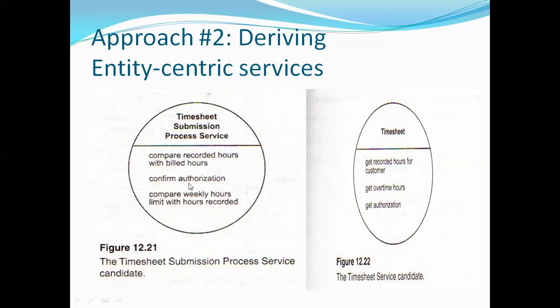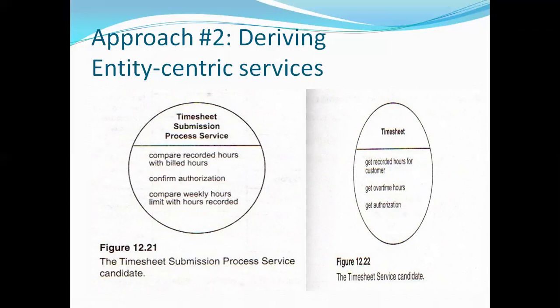The next comes from the authorization given by the customer, yes or no. If the authorization is given by the customer, then accept the timesheet. If the authorization is not given for the additional, meaning overtime, job from the customer, in that case reject. And compare whether the weekly hours are below the maximum hour limit recorded in the employee table.